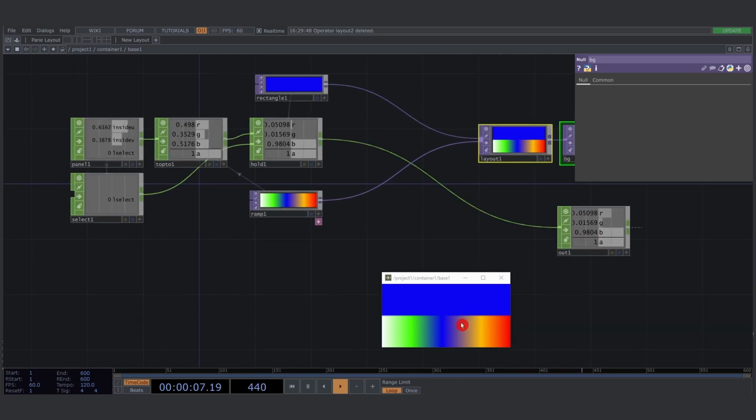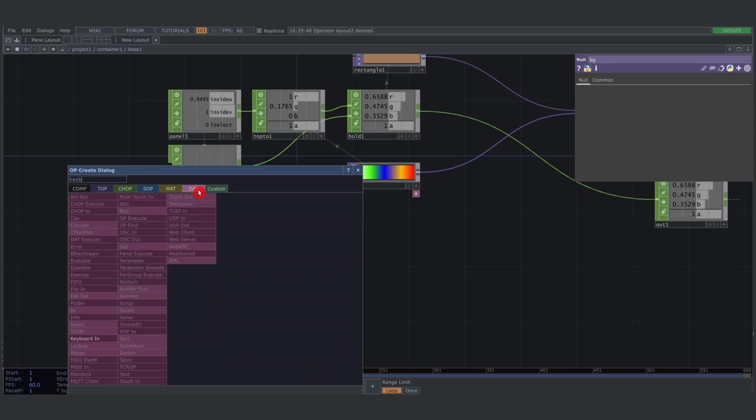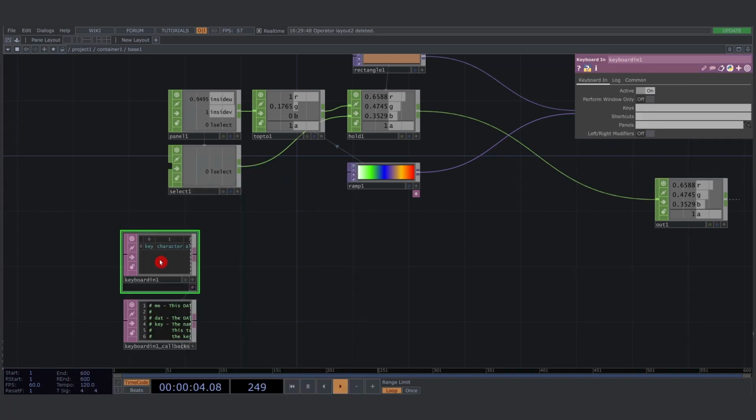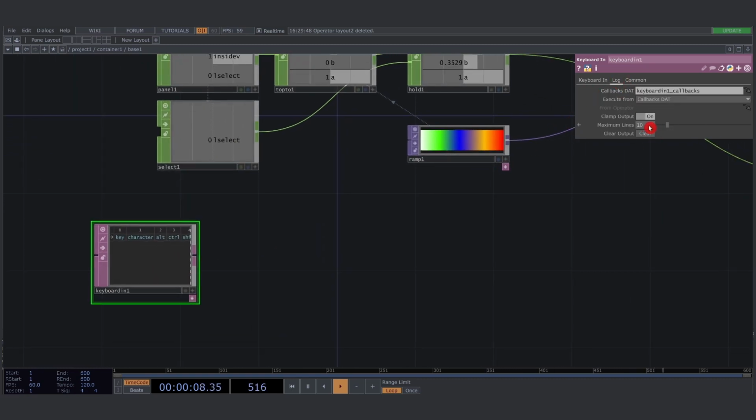So now we're able to use this color picker to get a color, but what we also want is to pick a color from the panel that we drew on. So the already existing lines, we want to resample those in order to sample the colors we already used. So therefore I'll just add a keyboard in this time,